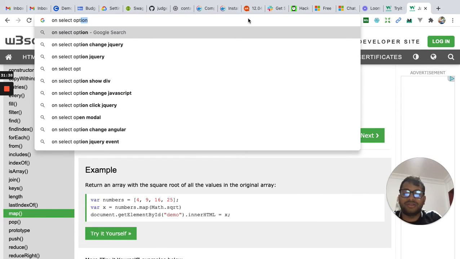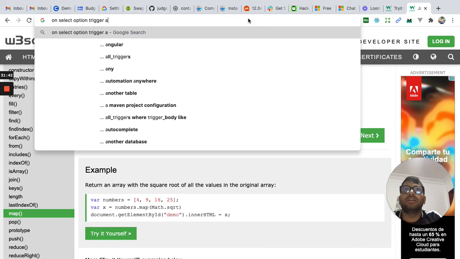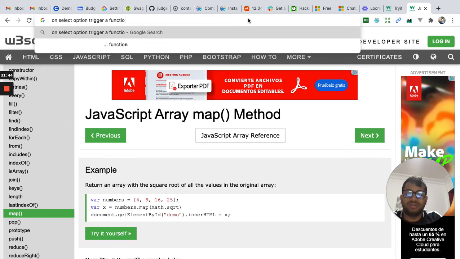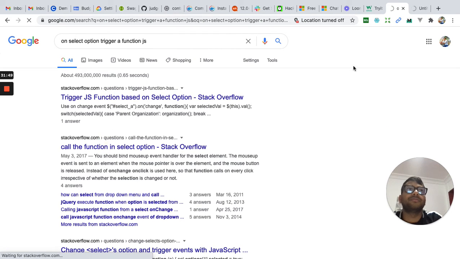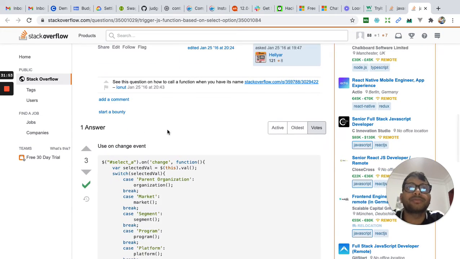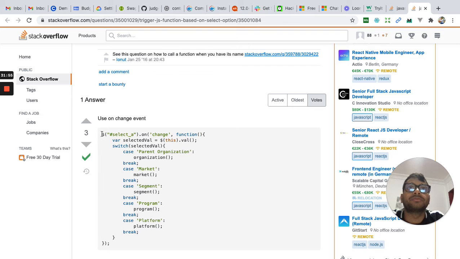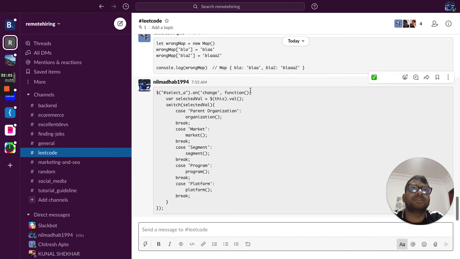Select option, trigger a function JS. And you also search on the internet, and let's find it. So you can use this method actually. That's better. I found something like this.